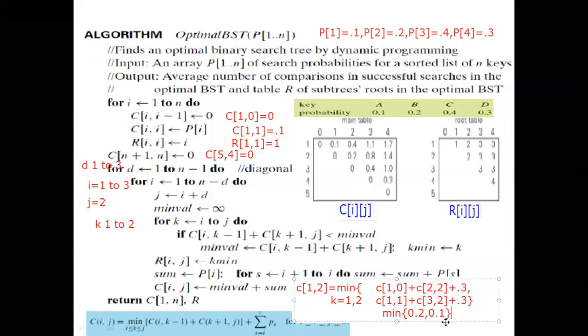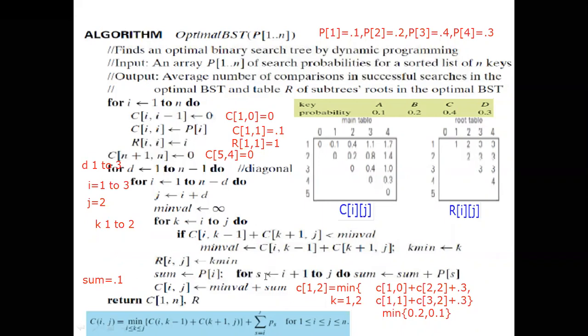Now we got the minimum value as 0.1. Now 0.1 plus 0.3 has to be done. Only this particular function is going to do that. See here, first sum is equal to P of i. What is the i value here? P of 1. Right? Why is it P of 1? Because the i value is updated here. After that, that i value is not updated. That's why sum is equal to P of 1. What is P of 1? 0.1. That means the sum value will come as 0.1 now. Sum is equal to 0.1. Correct? Because there is no space, that's why I am writing here.